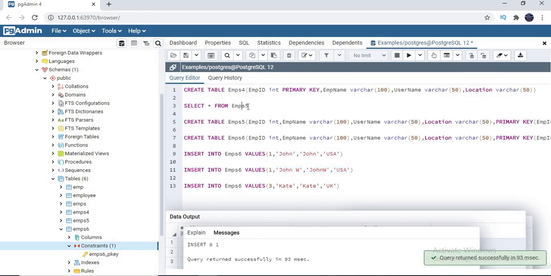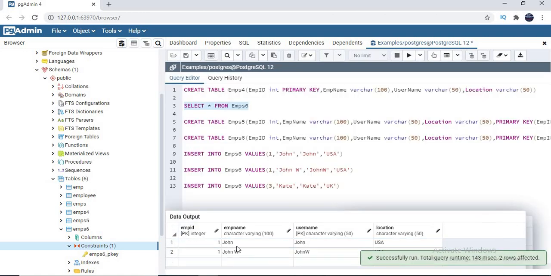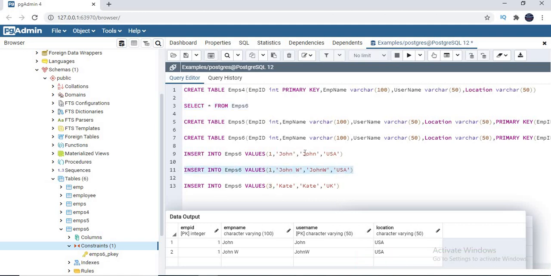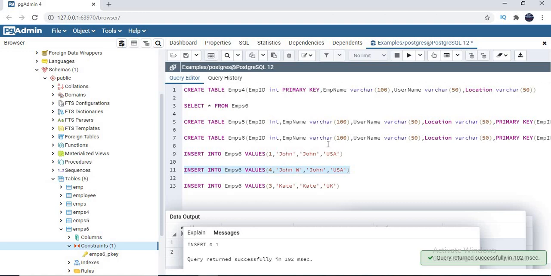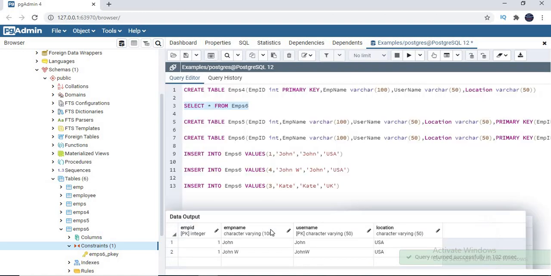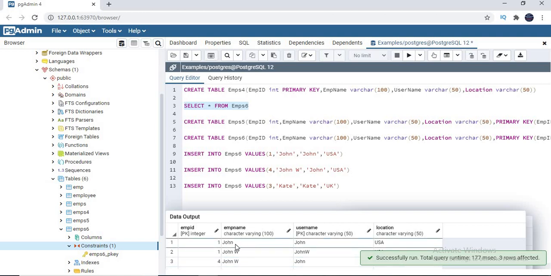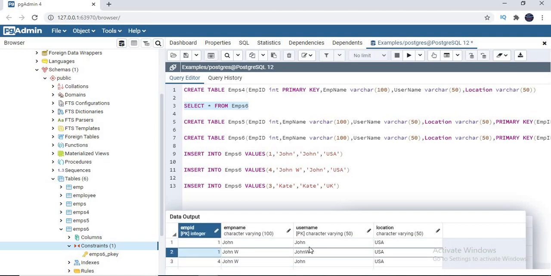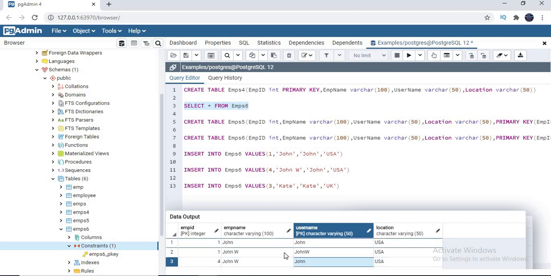Yes, it's inserted. Now let's change here to 6 and C, because I made the combination unique, not a single column. Now let me try to insert the same combination. Otherwise let me take a 4 here. I want to show you this behavior. I'm giving a different employee ID now and the same username. Let me run this. It should work. Why? Because the combination is still unique. Let's run this and see. Just three records have been inserted, because in one case the employee ID is the same, in the other the username is the same, but the combination is unique.